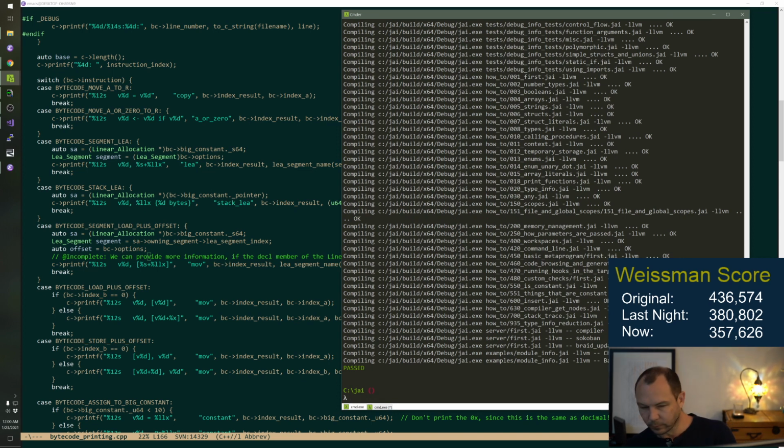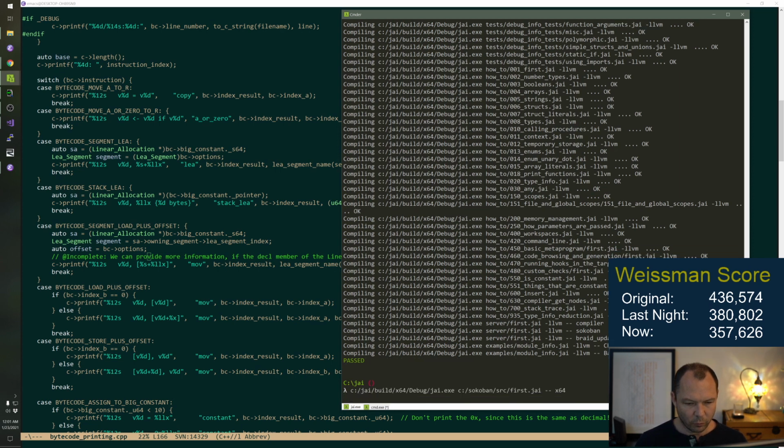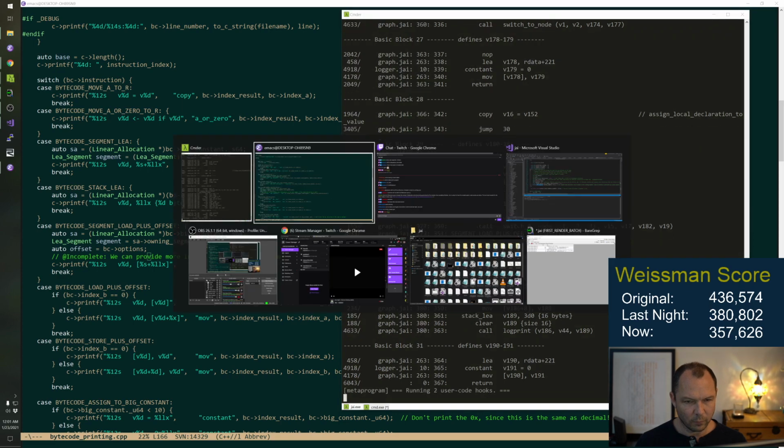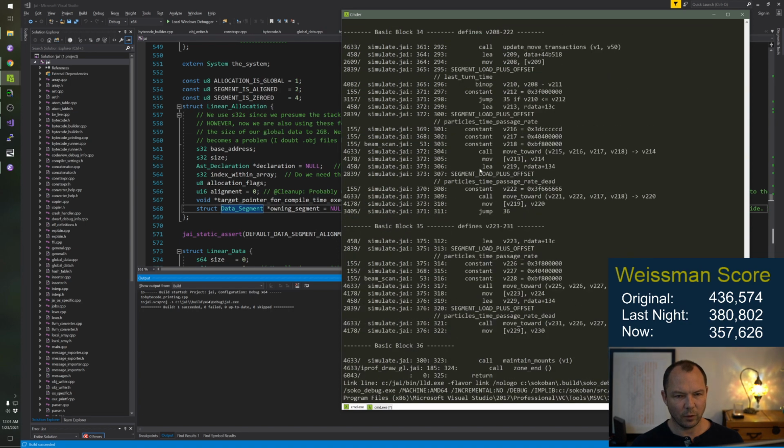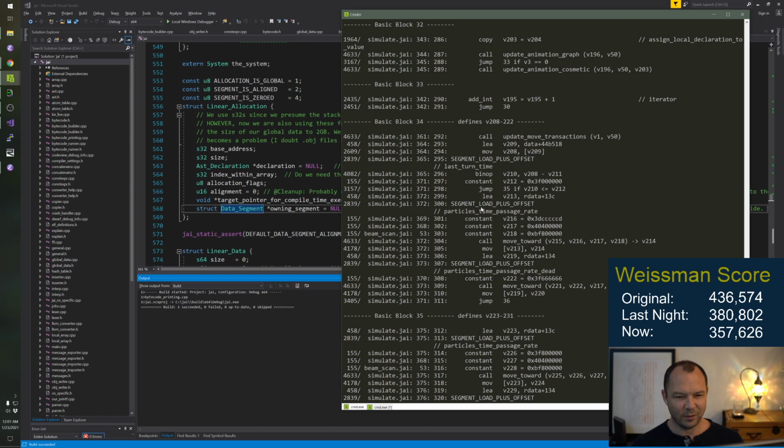Well, now let's, well, first let's get our Weissman score again. Actually, let's compile. We need to compile because, see, it didn't know how to print it. It knew the name of the thing, but it didn't know how to print it.